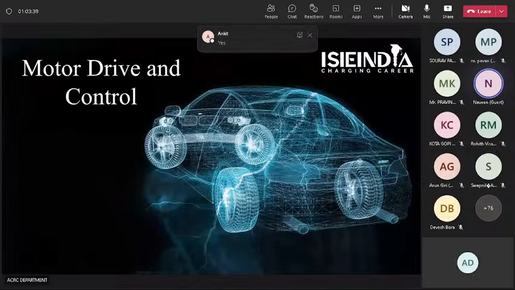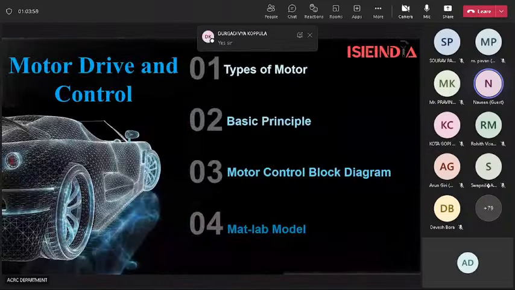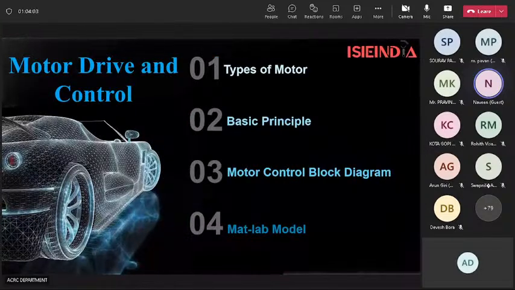So today we'll be talking about motor drives and controls. We'll talk about the different types of motors which we are using in our electric vehicles, and the parameters upon which we control the speed of the motors. Today's agenda is the types of motors, what different types of motors we have, and which are the most efficient